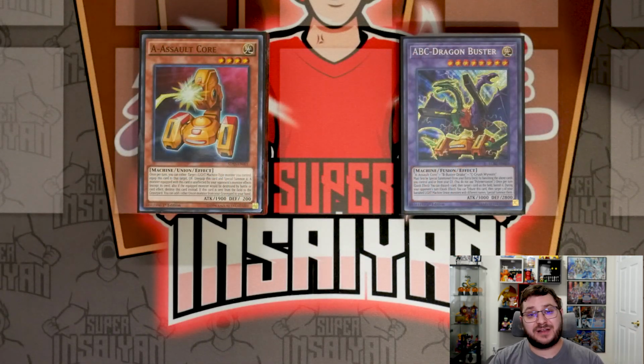And there you guys have it. That is going to be the ABC P.U.N.K Therion deck profile, featuring one of my favorite cards of all time, Ancient Fairy Dragon. I think this is absolutely insane, and again, if you want to see a dedicated combo tutorial for this video,